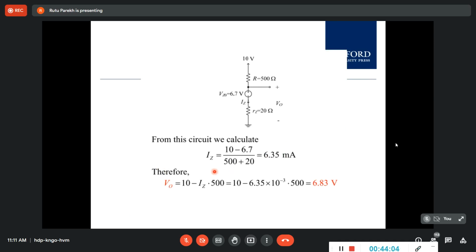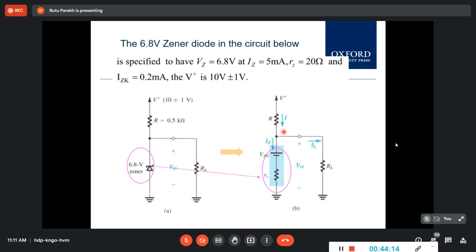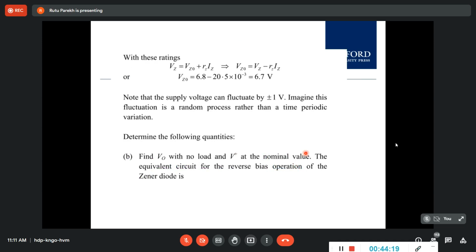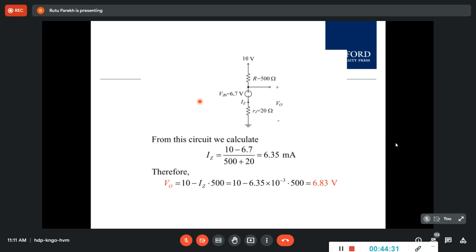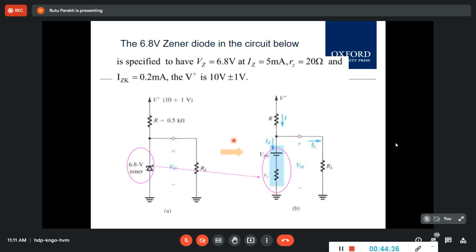So in that case, this will be an equivalent circuit because there is no load, and the Zener voltage across here is your V0, as shown here. So from this terminal to ground is your V0. So this is a simple case. So here, first, as you know that this is your equivalent circuit, you have to find out